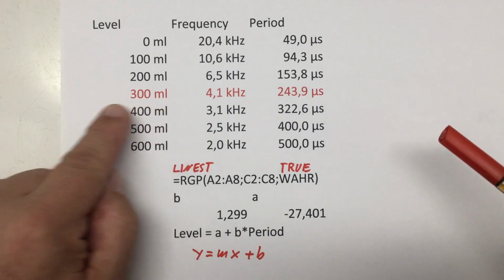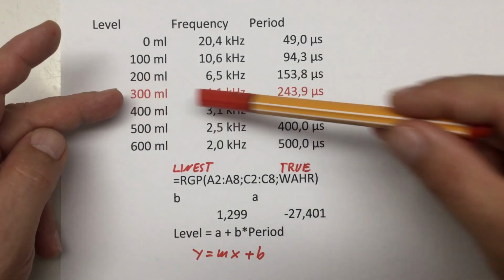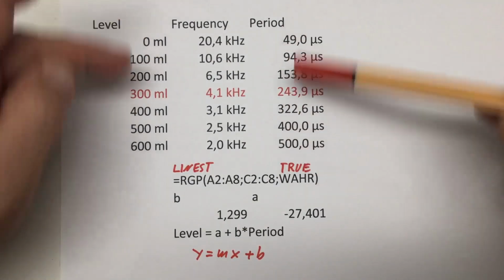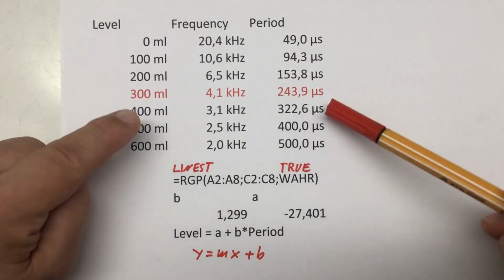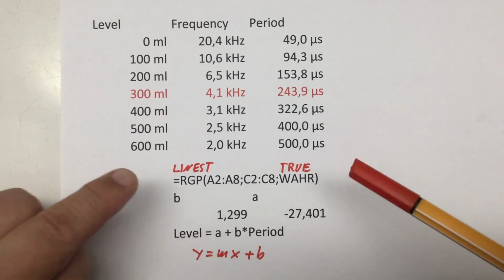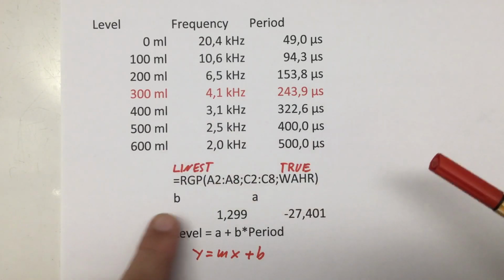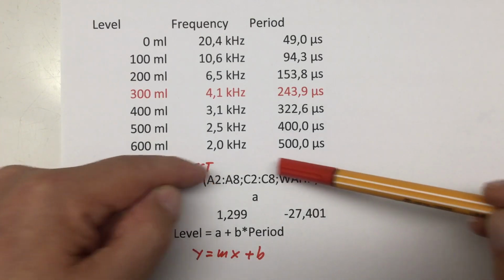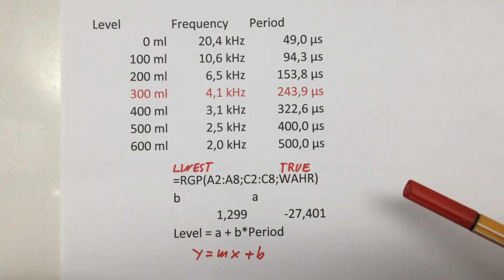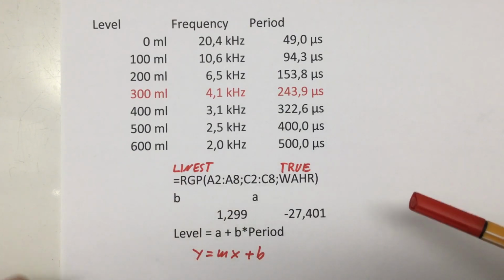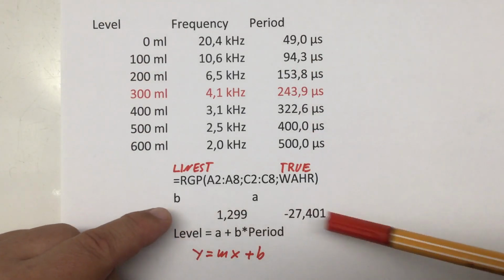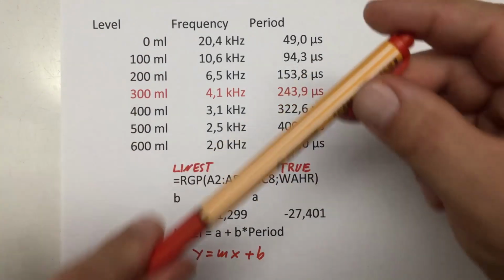We were not spot on at the 300 milliliters, so I marked that red just for me to remember it, but obviously it didn't really matter. Anyway, Excel provides a function. This is German Excel, so I have the English names here. A function named line_est, or linear estimate, that can calculate from such numbers the parameters for our line, which